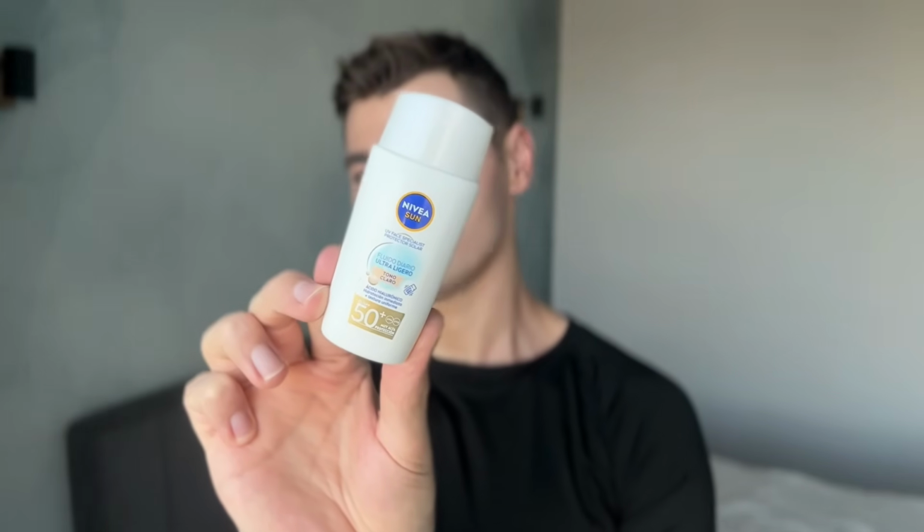Okay, so I'm going to start with the worst ones. I have 4 sunscreens. The worst one is going to go to Nivea Sun Ultra Fluid, I guess, because it's in Portuguese here, because I bought this one in Lisbon. It's this tinted one, and the tint actually matched me, which is rare. It was actually a pretty nice tint, but the actual sunscreen, horrible. It applied very badly. I mean, initially it was kind of good, but then as you're applying it, it starts to dry down very fast while you're applying it, so you don't have any time to actually spread it on your skin, and you end up with all these messy, patchy, unprotected areas, horrible in the beard area,